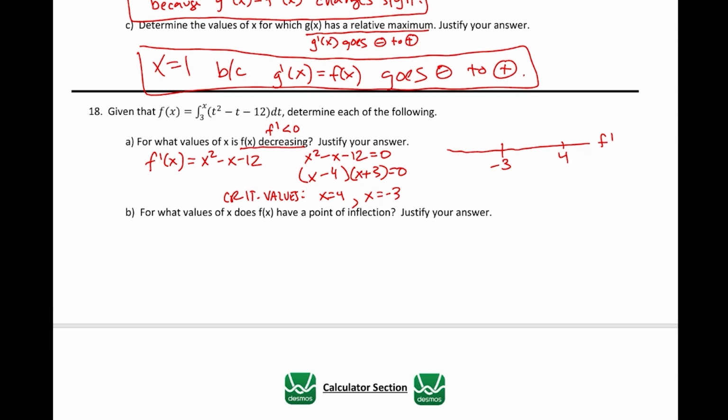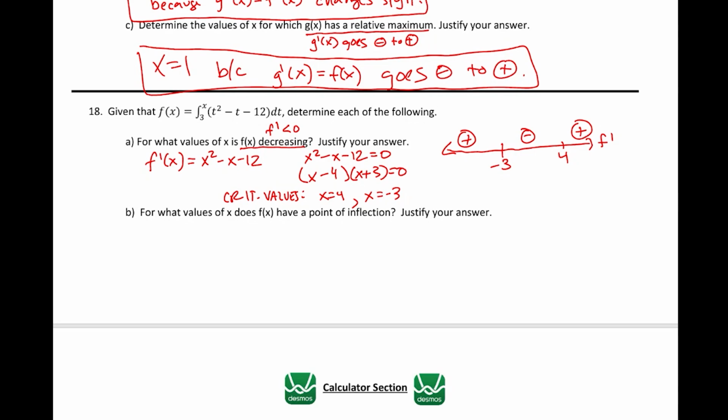So we're going to use some representatives here to plug into each interval and find out whether or not f prime is positive or negative in these intervals. So if I plug in a number like negative 10, I'm going to have a negative times a negative, which is positive. If I plug in a number like 0, I'll have a negative times a positive, which is negative. And if I plug in a number like 10, I'm going to get a positive times a positive, which is positive. So if we're looking for where f is decreasing,